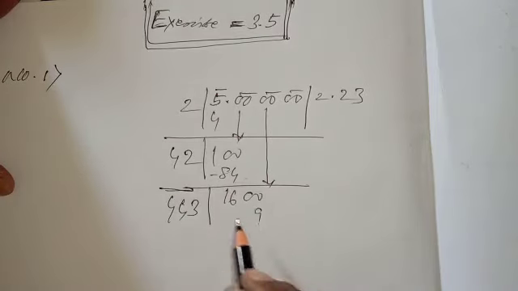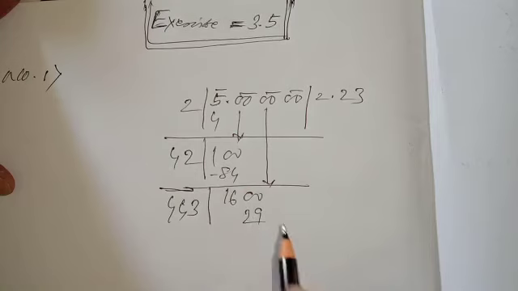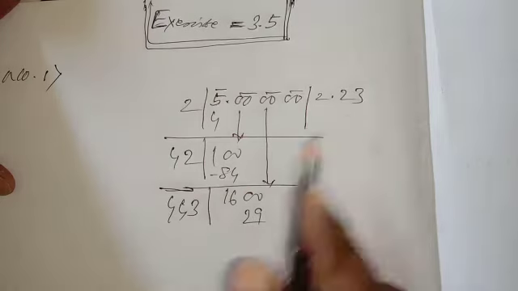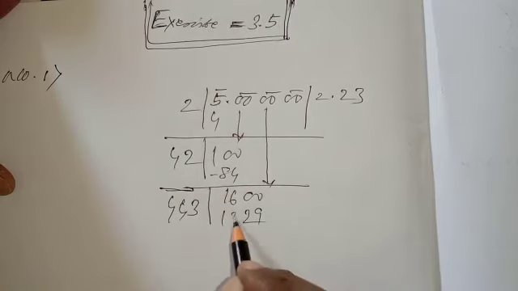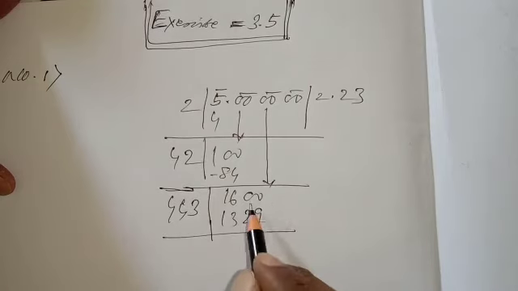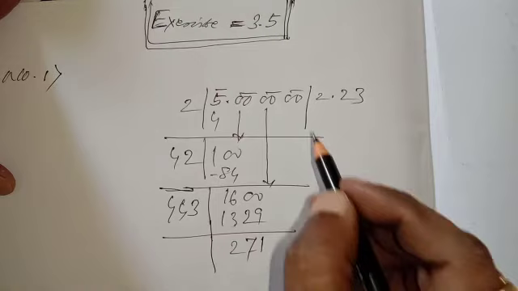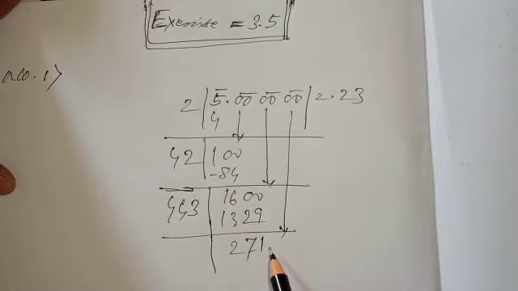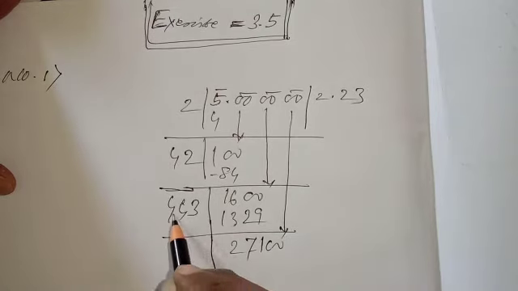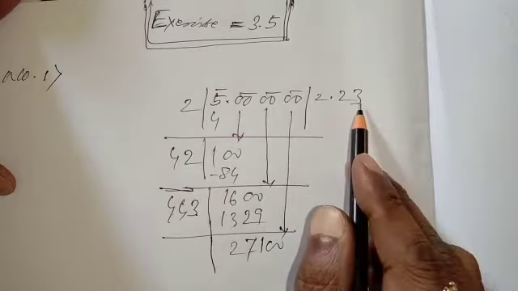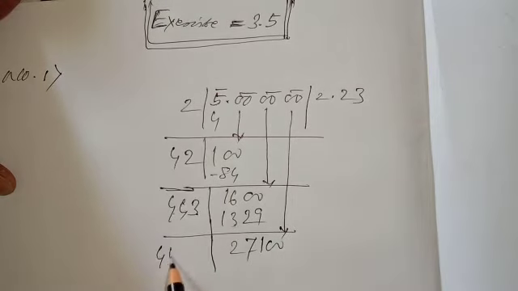3 3s are 9, 3 4s are 12. Then again 3 4s are 12, which means 13. Now subtract, how much is coming? 10 minus 9, 1. 9 minus 2, 7. 5 minus 3, 2. 271. Another pair will come down. Just to see, that means 4 4 3. Last 3, put 4 4 3 plus 3, that means 446. It is coming 27100.